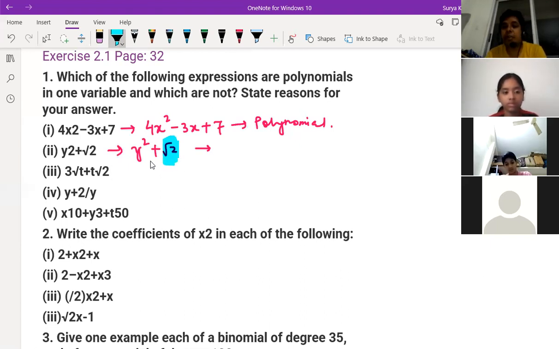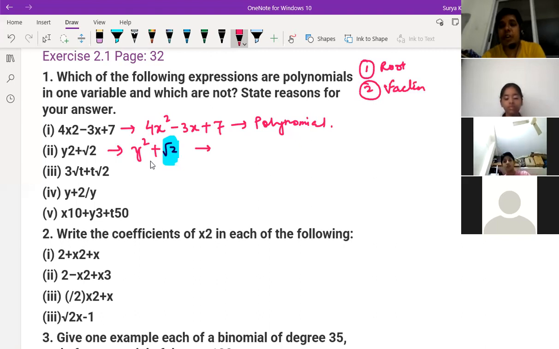The constant root is coming, not a problem. A variable should not come in a root. What things did I tell you to check? Three things I told, Sam. The first one, what should I tell? A polynomial should not have what? Sir, it should not have a root. Yes, it should not have a root. Next, tell me, Sai Charan. Sir, it should not be in the form of a fraction. Yeah, a fraction also should not be there.